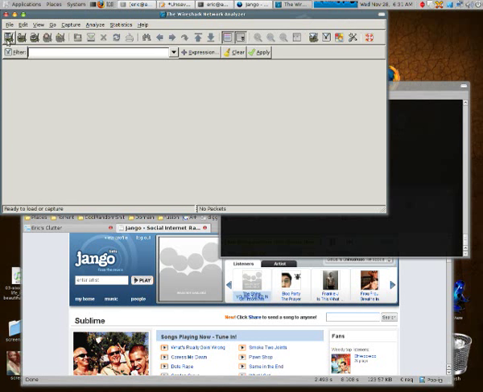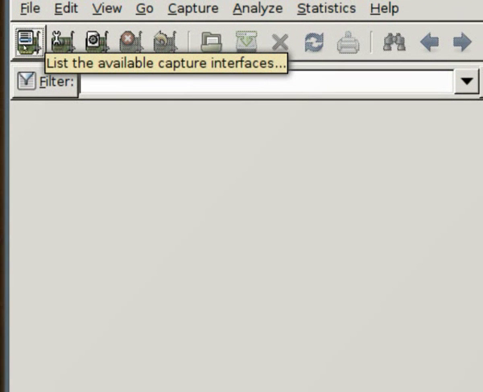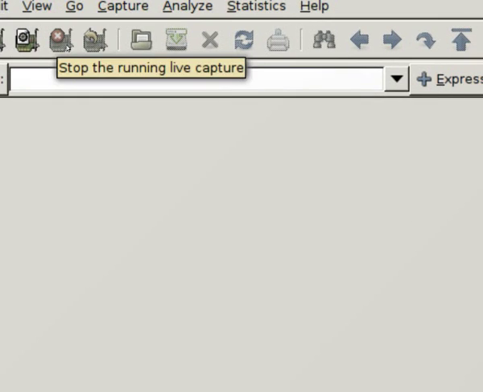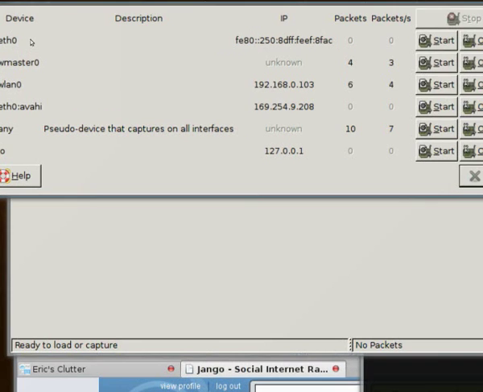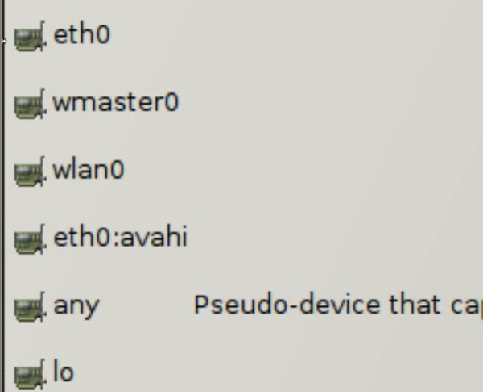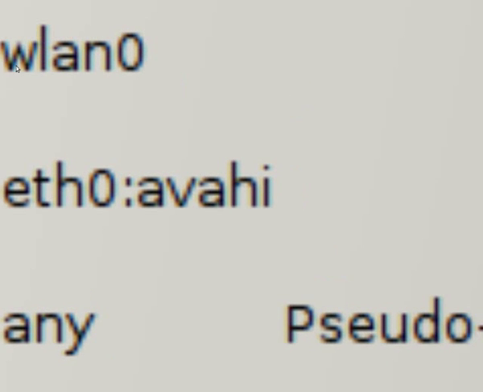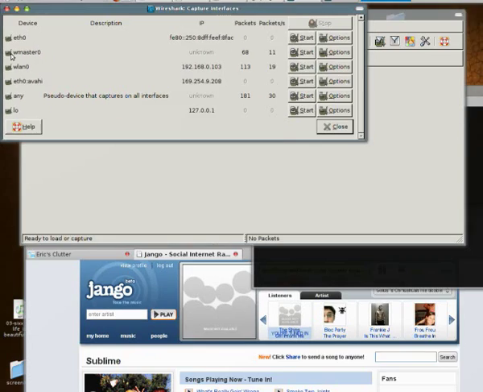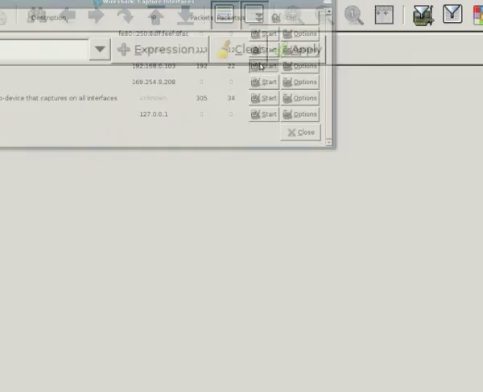Okay, now once we got that up, the two buttons you're going to need are this leftmost one, which starts a capture, and this fourth one, which stops it. So let's start our capture. You'll usually want to use this one, eth0, or this one, wlan0. I use wireless, so I'm using that wlan, and I just click Start,